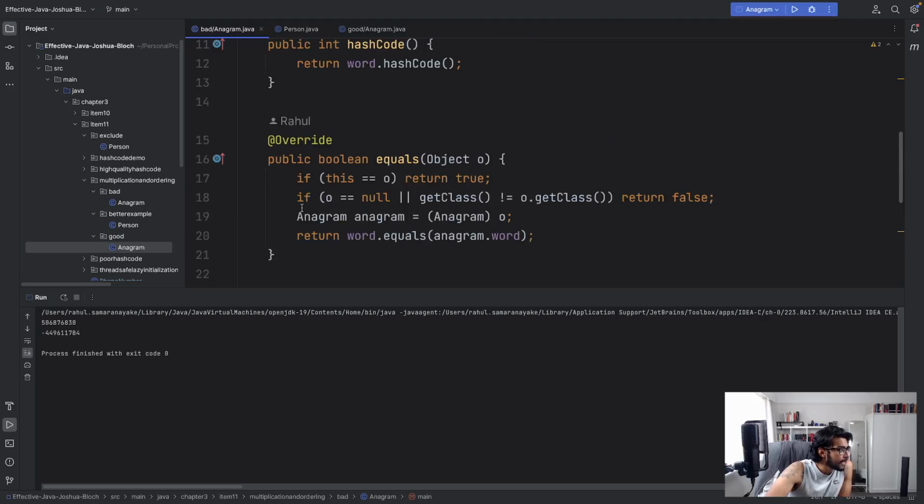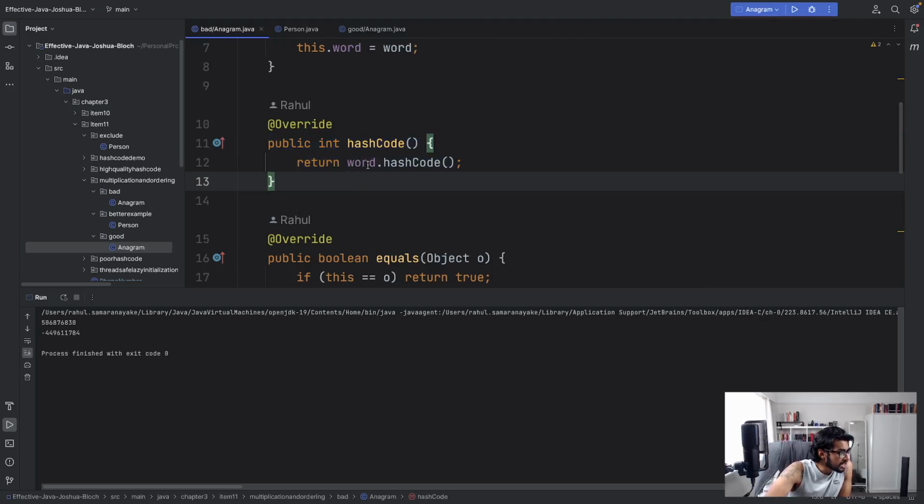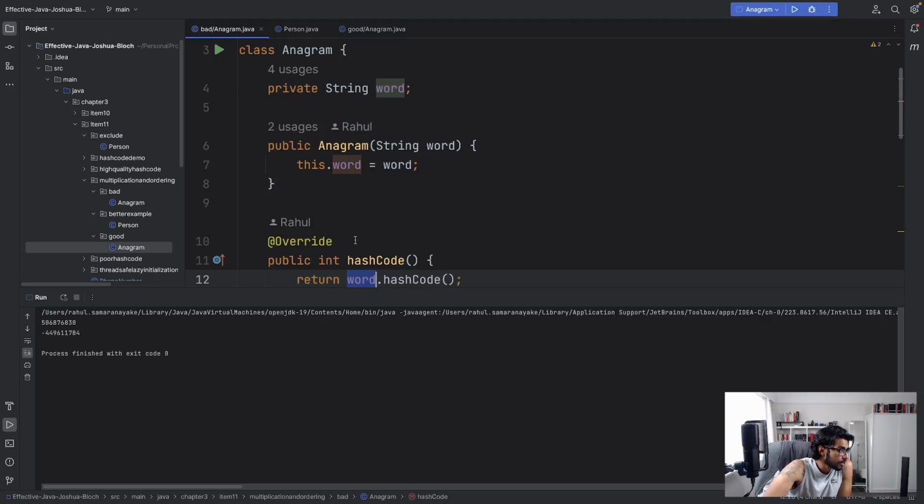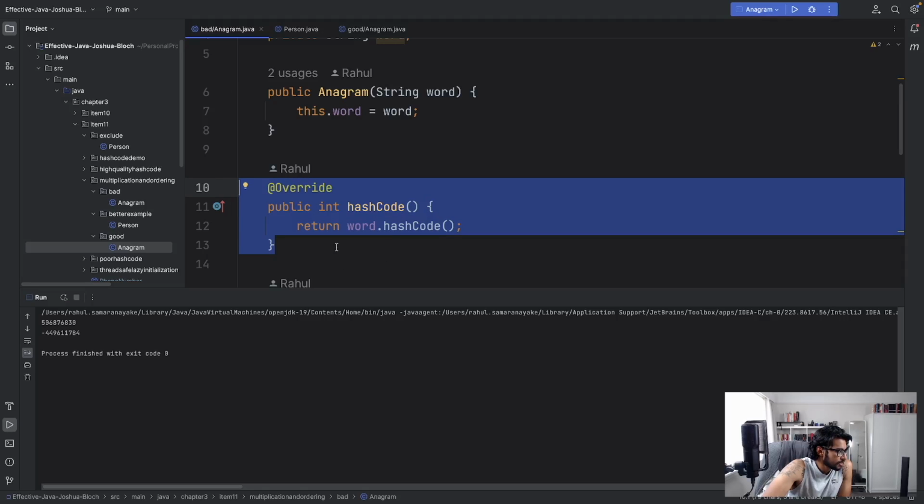Because all we're doing in the HashCode method, if you can see here, is simply returning the HashCode of the string value. So we're just using the HashCode method in the class String. We aren't really considering anything else apart from that. In fact, I don't even know why the override has taken place here. It's like this is a